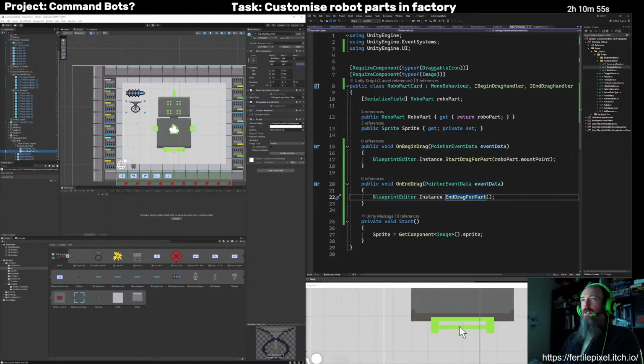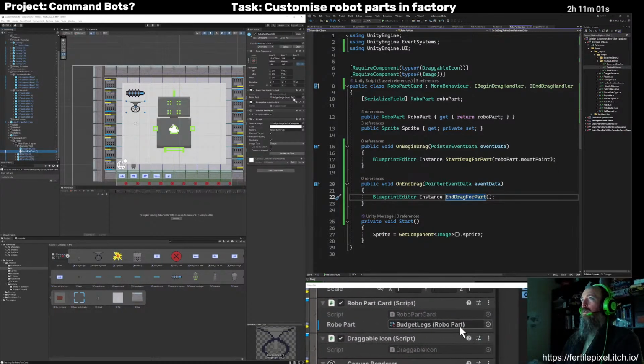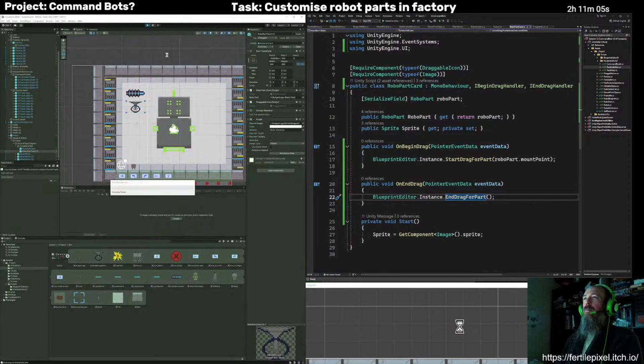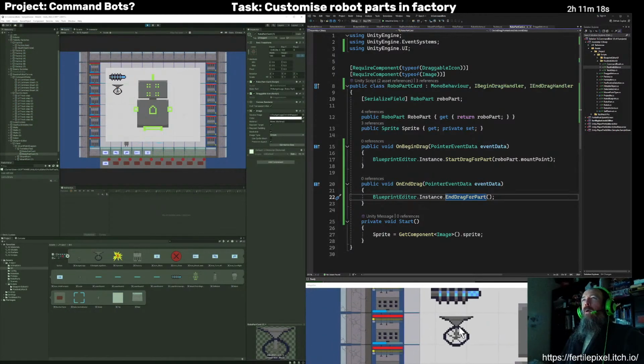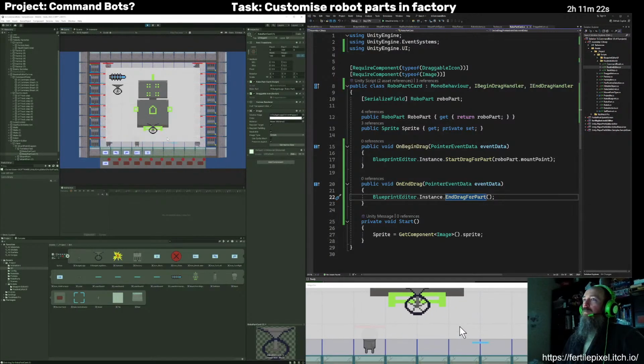Okay, so we've got those legs, and that should be able to go just there. And did I set the type? Budget legs, yes. Let's take a look. There we go.